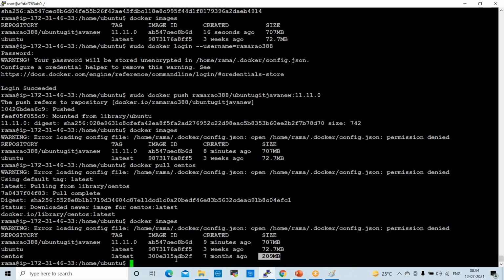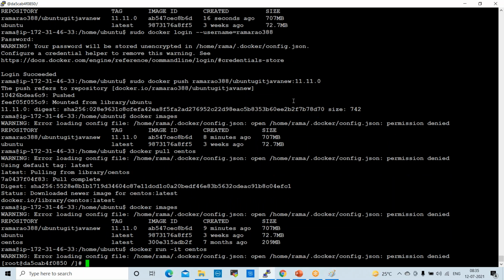On top of this, we can run containers. I want to run this CentOS as a container. The command is docker run -it, interactive mode, then the image name, centos.